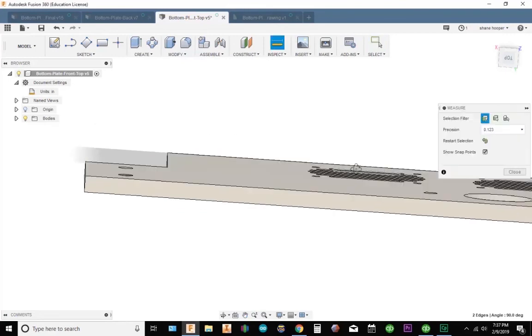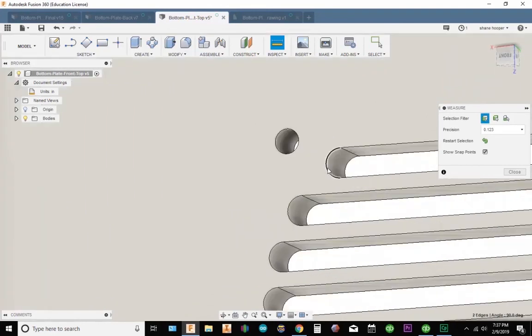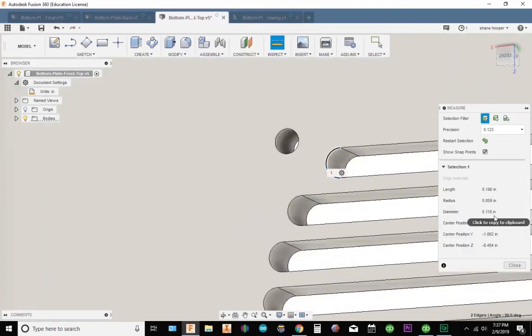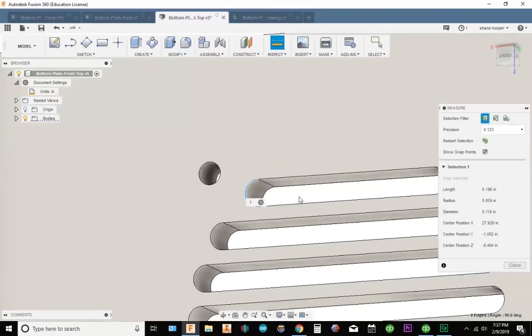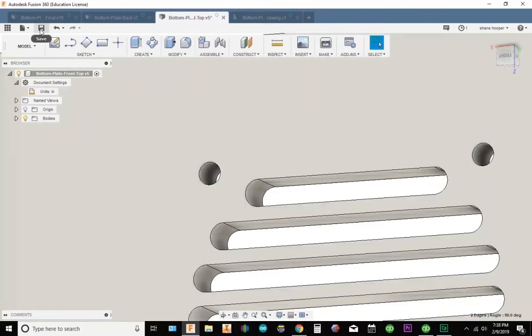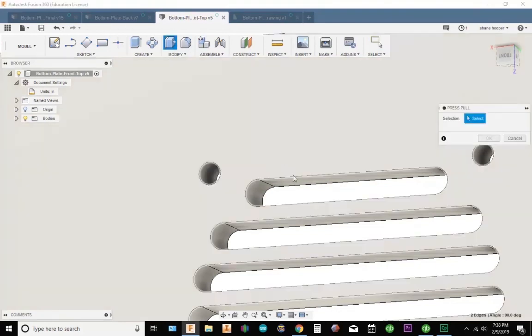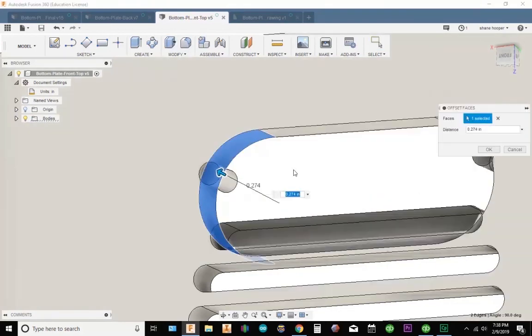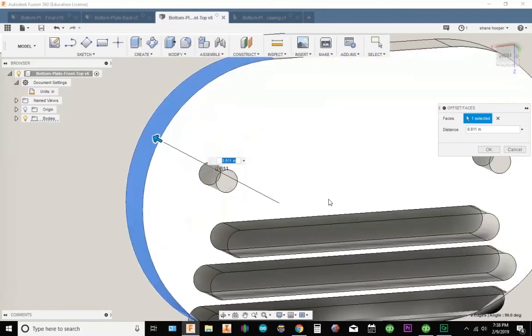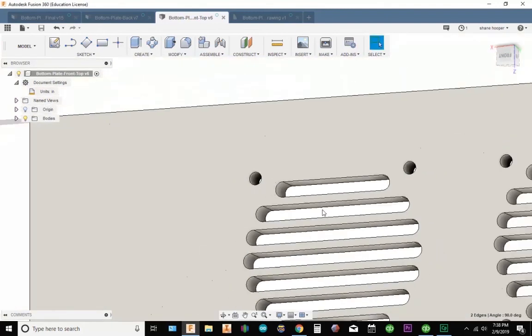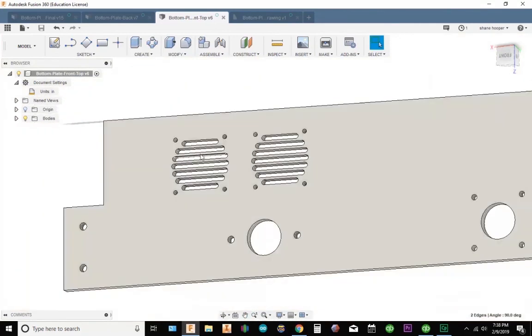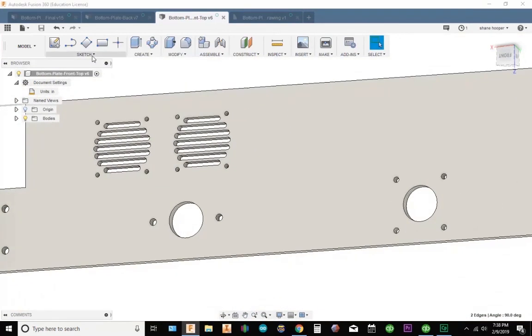Another problem that I'm going to have is he designed this with a 0.118 diameter radius. So one problem I have is basically I only have an 1/8 inch end mill. Okay, so there's a couple ways to do this. One way, let's go ahead and save this. One way is actually go into modify and modify each one of these surfaces, which can be kind of a pain. Another way to do this, which I think is the easiest way, is I'm going to go to sketch